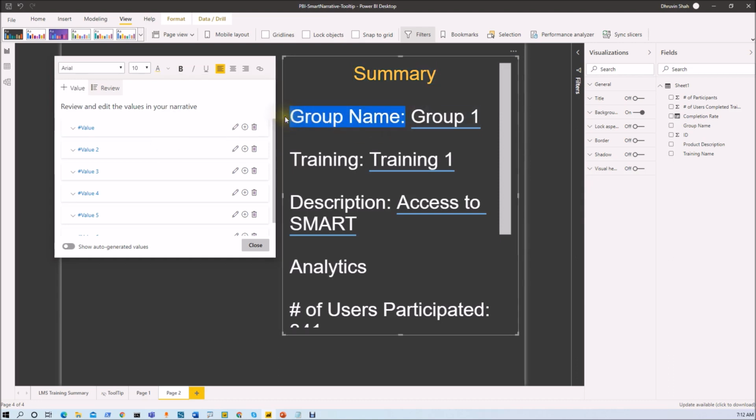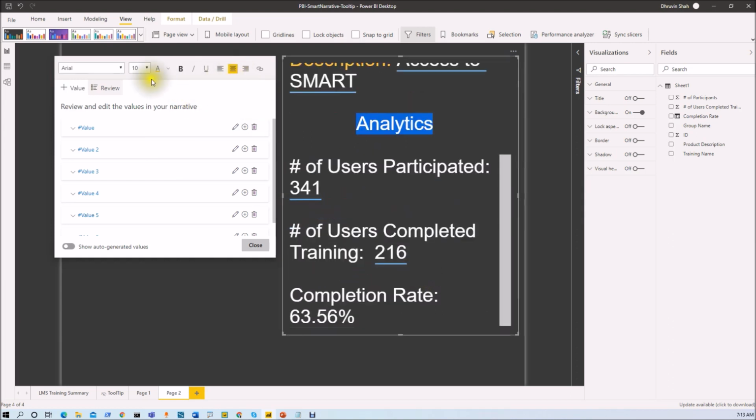In the same way, let's change the color for each individual heading from here. So I'm just changing those colors over here, right? Now analytics, this is the heading, let's keep that as center, and let's change its color as well. Same way, let's change the color of this one as well. So I'm changing that,